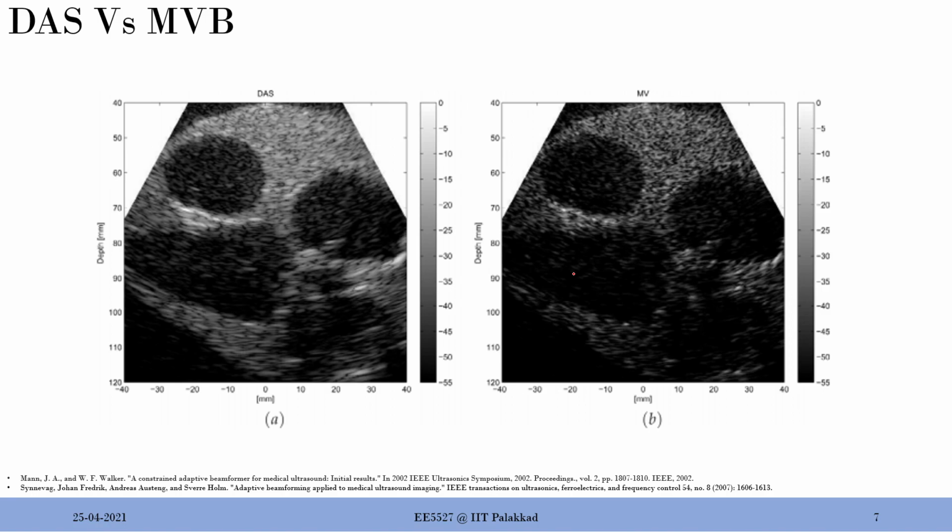But having said that, let me reiterate it. The problem here is computation. Okay, so it's a trade-off for you. So if you're working on MATLAB, Python, and you don't care about results in real time, you can always go to DMAS and MVB for better results compared to DAS. But in realistic systems where doctors do the scan or some NDE scanning happens, non-destructive evaluation scanning happens, people expect to see the result in real time. In such cases, delay and sum is still the better choice.